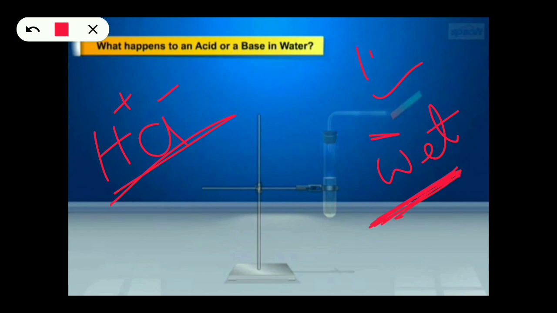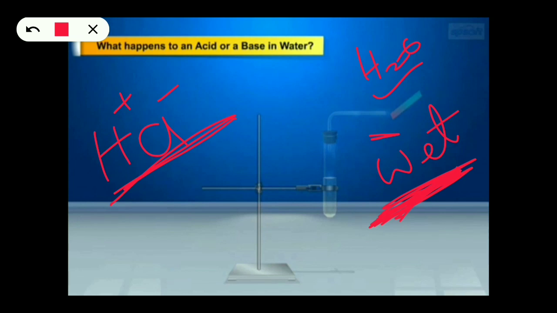In the presence of water, H2O. So if it is dry HCl, it is not showing its acidic properties. From this experiment we can prove that dry HCl, meaning dry litmus paper, is not changing its color. It is not changing blue litmus to red, whereas wet litmus paper is showing the change. That is, blue wet litmus paper is changing into red litmus because water droplets are present in the wet paper, so it reacts with the HCl and it shows its acidic properties.